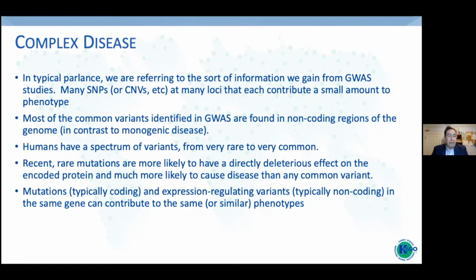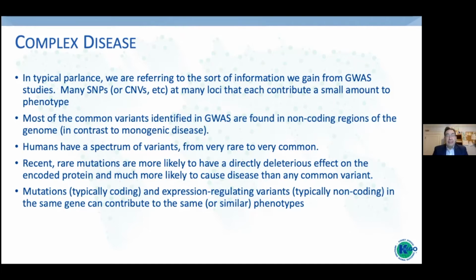In general, recent rare mutations are more likely to have a directly deleterious effect on an encoded protein and are probably more likely to cause disease than any individual common variant. But it turns out that mutations, again typically coding mutations, and expression regulating variants that are typically non-coding in the same gene, we now know can contribute to the same or similar